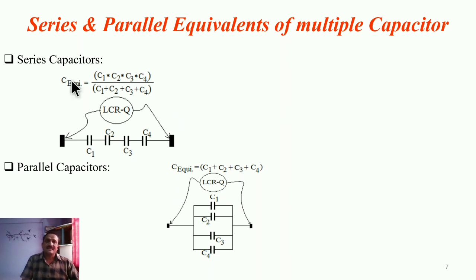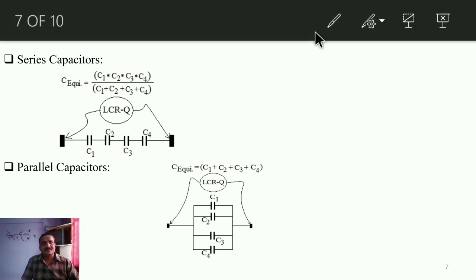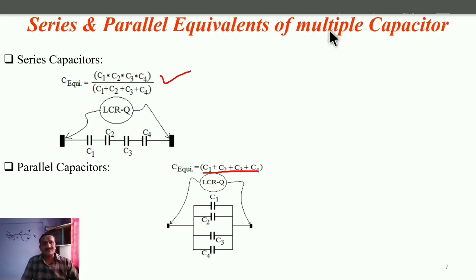Now the series and parallel capacitors. See, in case of resistors, when our resistors are connected in series, the equivalent or R total is directly the sum of them. And in case of parallel connection, it is somewhat like this. So whenever capacitors are connected in series, the C equivalent is C1 C2 C3 C4 divided by the total capacitance. And whenever they are connected in parallel with each other, then the C equivalent is simply the sum of capacitance of all those capacitors. It is somewhat, we can say, inverse to that of resistors.